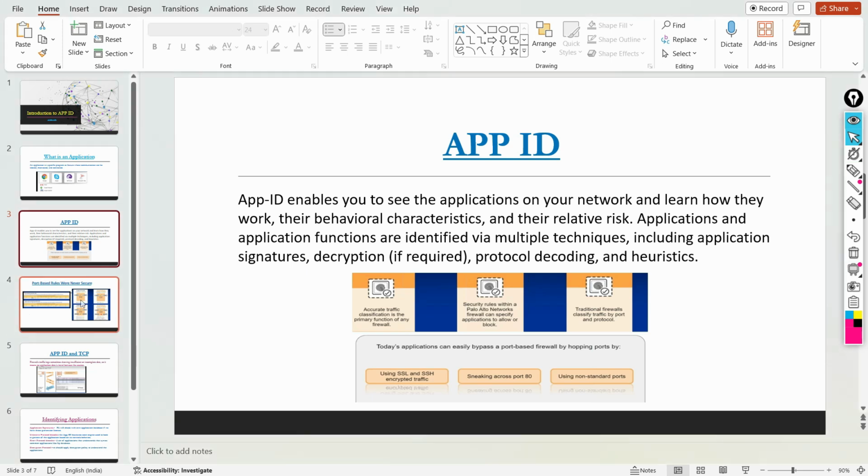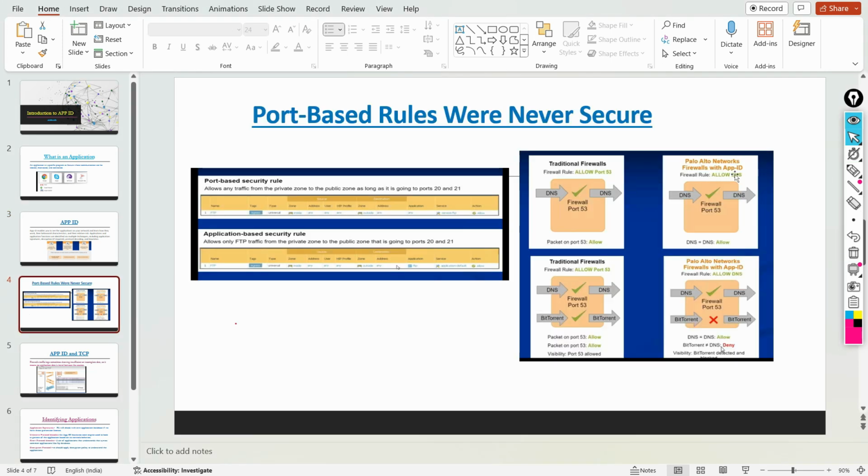So let's move on to the other topic. In this slide, port-based rules were never secure. If you see this screenshot, that is the port security rule. In this case, we have not defined the application, so the application is any, and the service is the FTP port number.